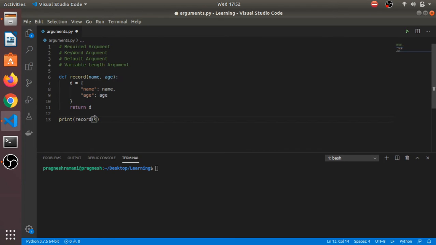So I need to pass the name at the first position, and I need to pass the age at the second position. Then this will work. Otherwise, what happens if I pass 20 at the first position and John at the second position? It will take 20 as the name and John as the age. So let's run this example.